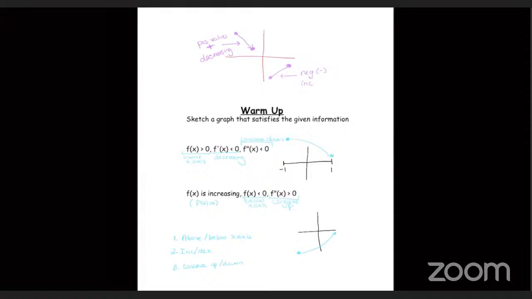Now these 3 things can come from different ways. Like the increasing or decreasing part was given to us from our first derivative, or directly from words. We could have concave up from the fact that it says f double prime is positive, or another way we can say that would be f prime of x is increasing. So there are lots of different ways that they can give you the same piece of information, but it's these 3 pieces of information that you need to address and draw yourself a picture of. Your assignment then is the work